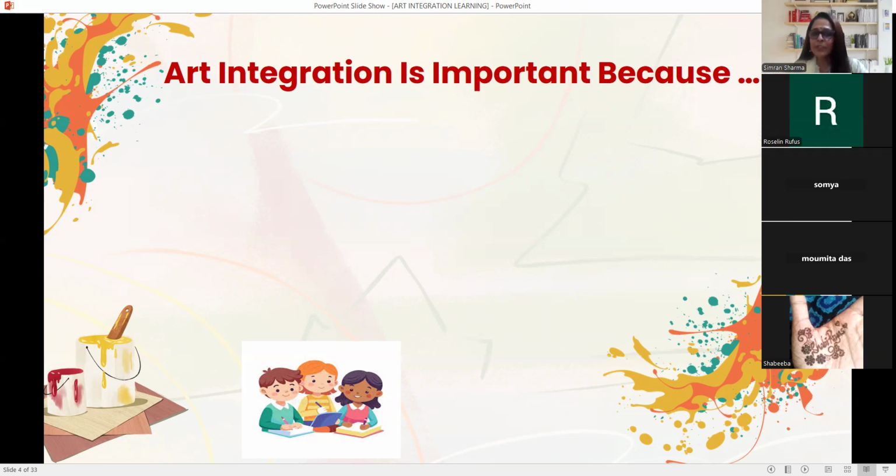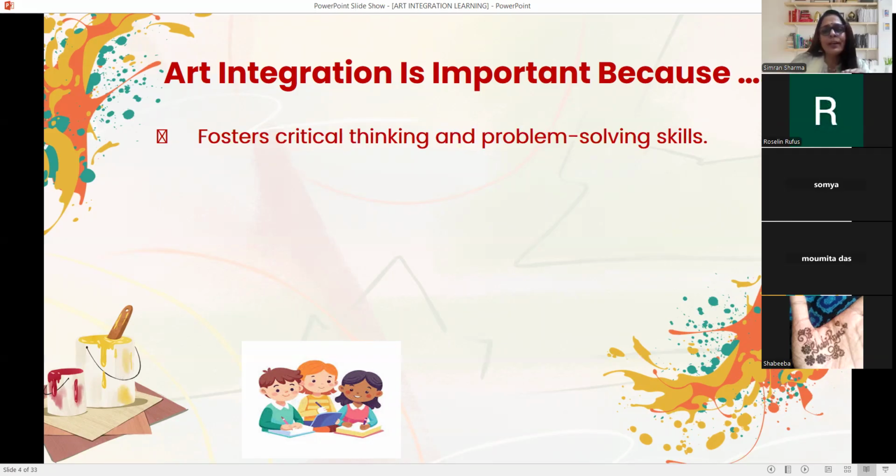How? With the help of art integration, your cognitive skills are enhanced. What do you mean by cognitive skills? Which skills are we talking about? We are talking about critical thinking and problem solving skills. How are they activated, how are they enhanced? By activating different parts of our brain. I'll cover that brain part also. When your brain is super active, it gives you insight to process the information in different ways so that the students can solve problems or think critically.